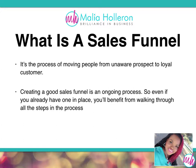So even if you have a sales funnel in place, or maybe you work with a multi-level marketing company that has created a sales funnel for you, you may still need a sales funnel that is custom to you, because a lot of times the sales funnels that are put upon us don't necessarily fit our personality or our specific needs. So whether you have a sales funnel, or maybe you're new in business and you have no idea what a sales funnel is and you need to create one, then this training will be great for you,